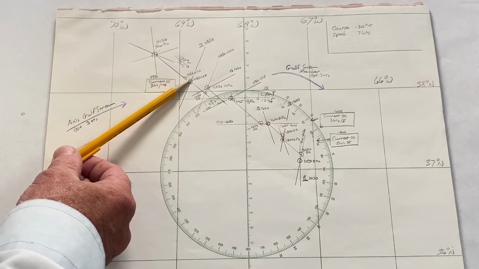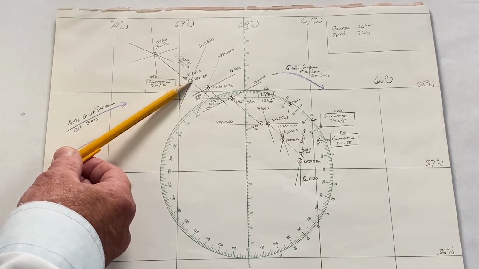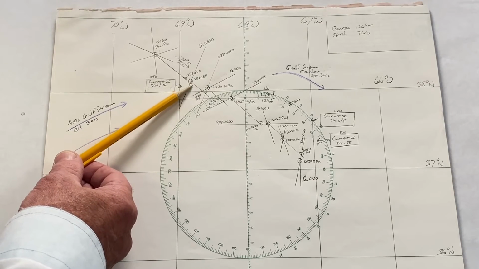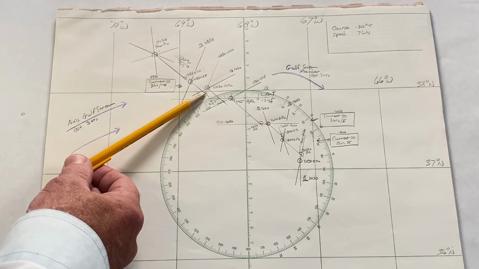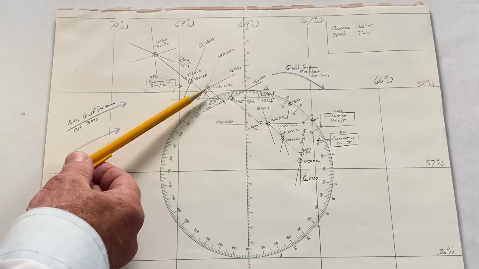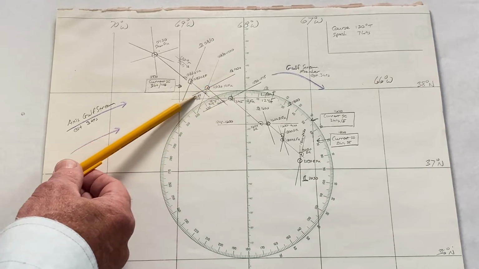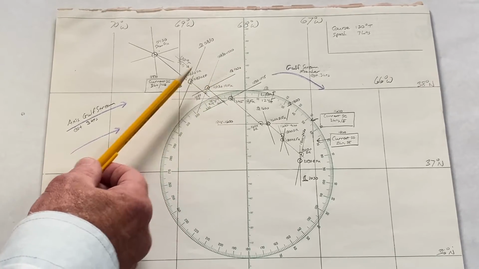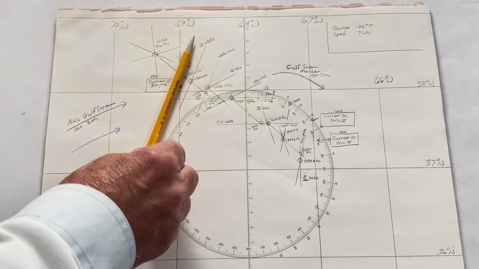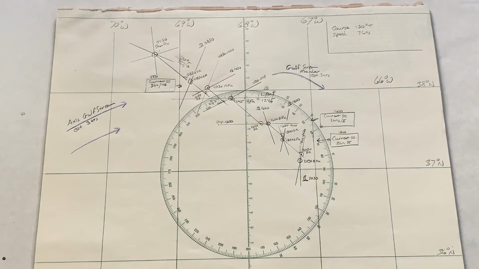So we've got an estimated position here, and then we continue our track of 130 at 7 knots down here 2 more hours till 10:30 for a DR, and then we plot another line of position for the sun at 10:30 and advance the line of position from